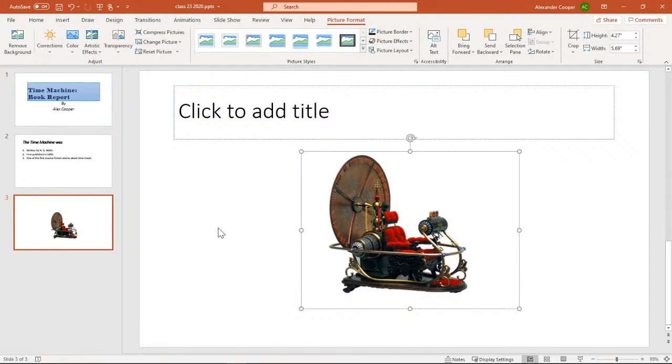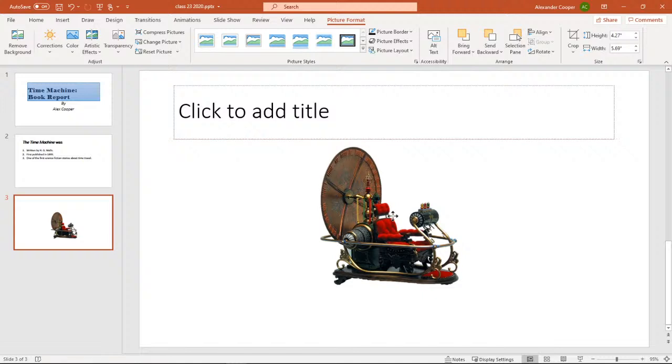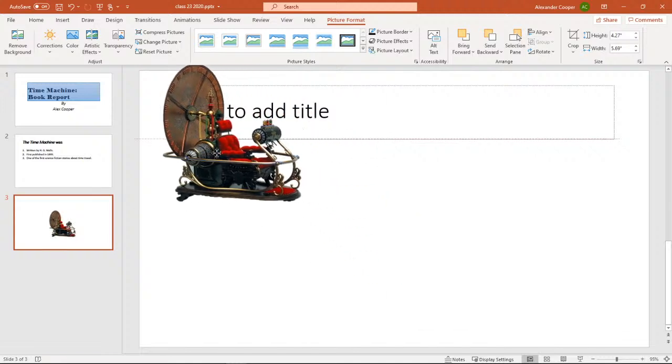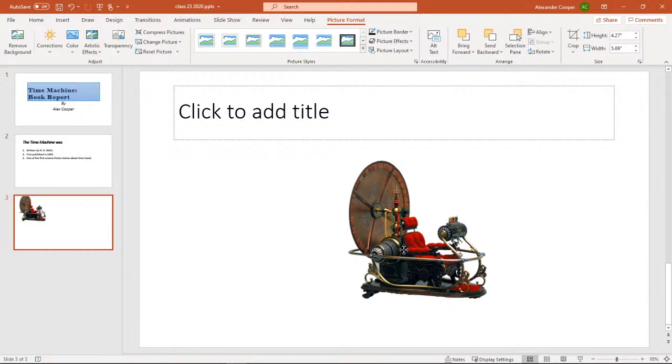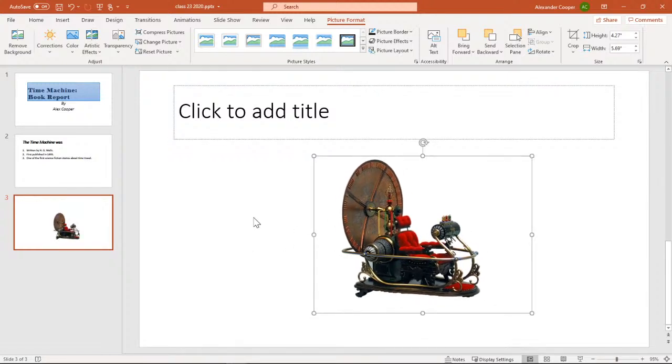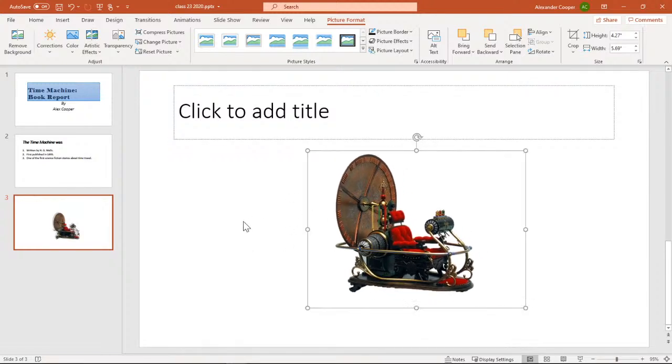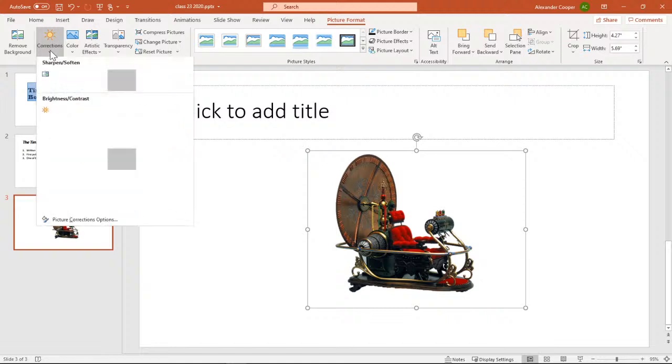All right, there. So I just messed with it a little bit. Okay, so now it's not just the blue background. We actually have something we can put in front of other items, and it kind of looks like it's more part of whatever we're going to be doing, okay? Now there's other things we can do as well. These actually allow you to quickly make changes and edit. You don't have to bring it into an editing program. Different filters on there make it artistic. So let's play around with that a little bit.